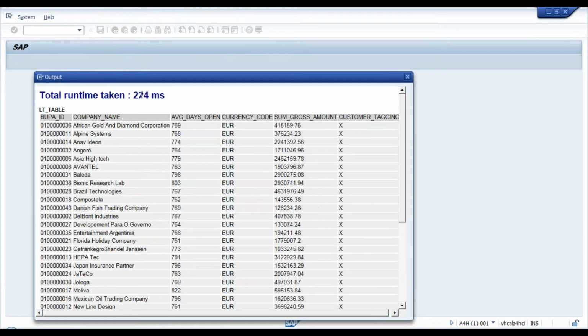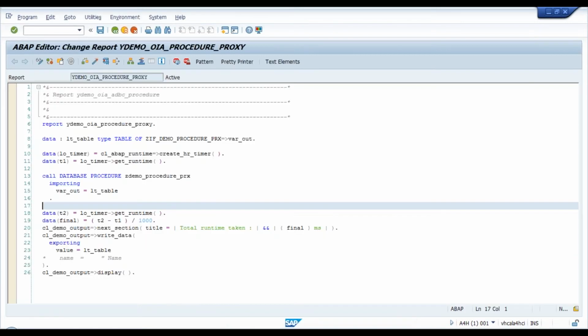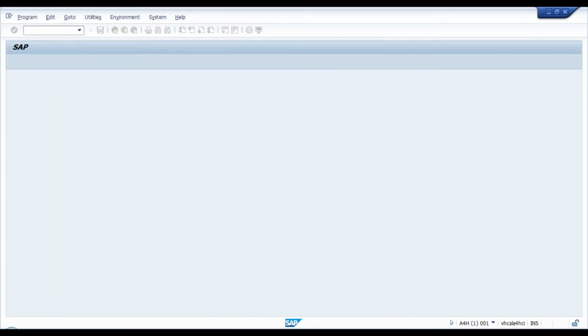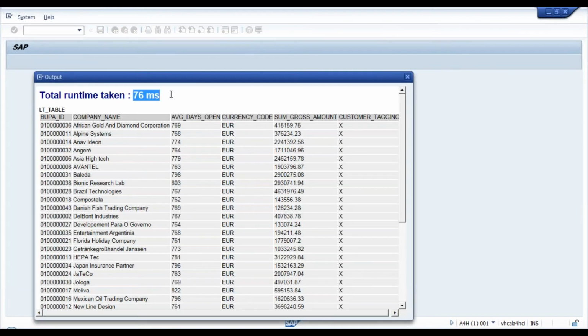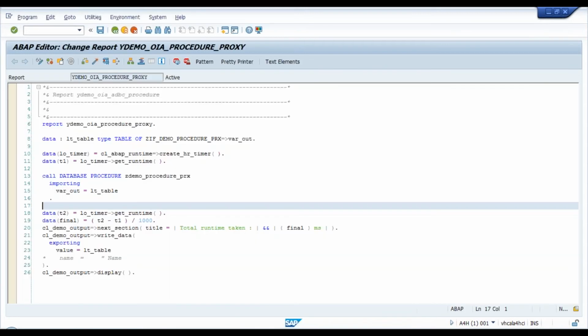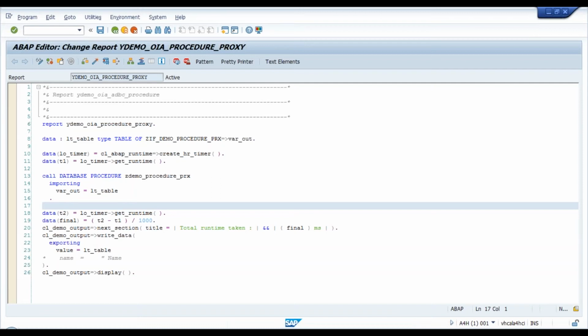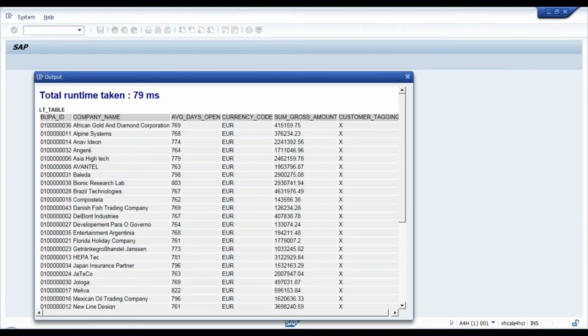Customer tagging is in place. 224 milliseconds on the first hit. Let me see. Again, if I call it, hopefully the time should come down. 78. Yes, it is. I'm not sure how my training system is behaving. I'm not able to show you guys the real value of using SAP HANA DB. This is a training system, and I don't know the runtime. In fact, OpenSQL is showing less as compared to what we are doing. The code pushdown to DB is taking more time. I don't know, some problem with my training system, the scale-based server, but hope you guys are able to catch where we are going slowly.